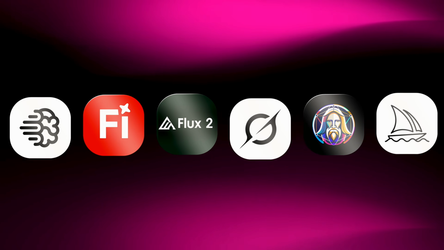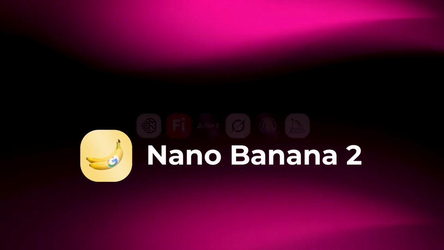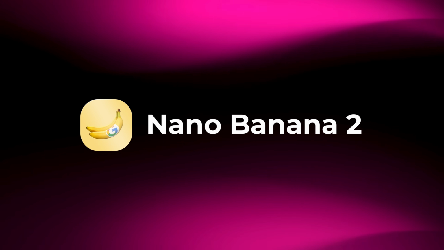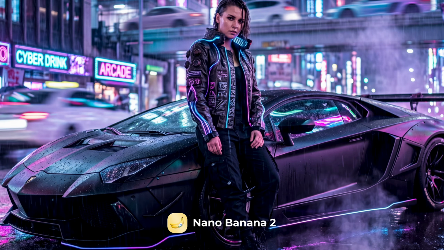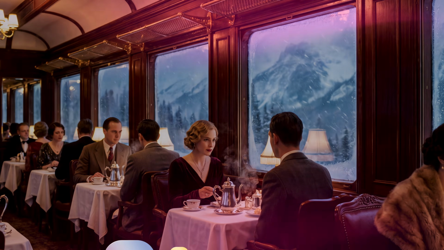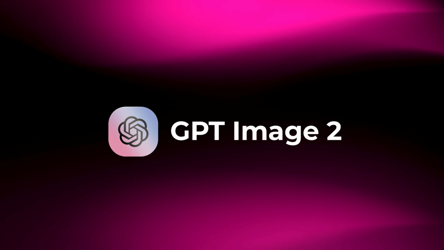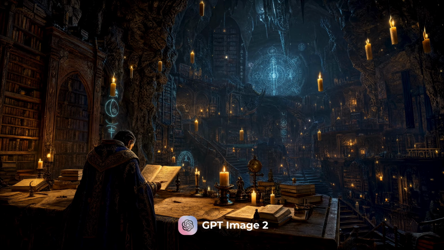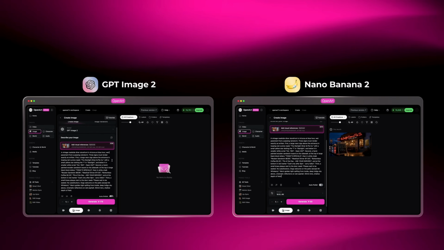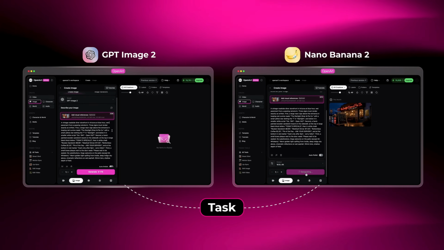What if the image model you've been relying on is actually holding your work back? Nano Banana 2 has been my go-to image model for months, helping me create all sorts of high-quality outputs. And then GPT Image 2 dropped, and people started saying it was a direct competitor. So I ran both of them head-to-head on the exact same tasks, and the results were way more surprising than